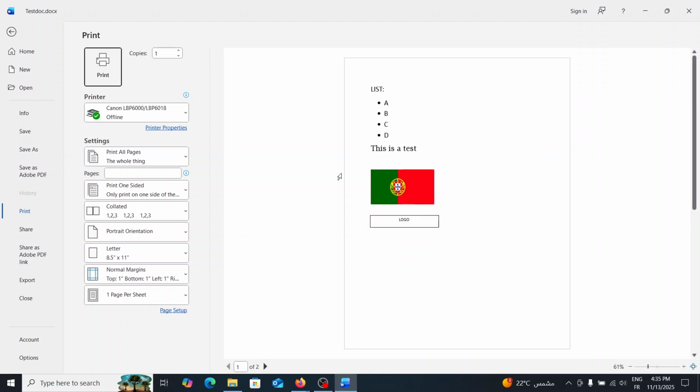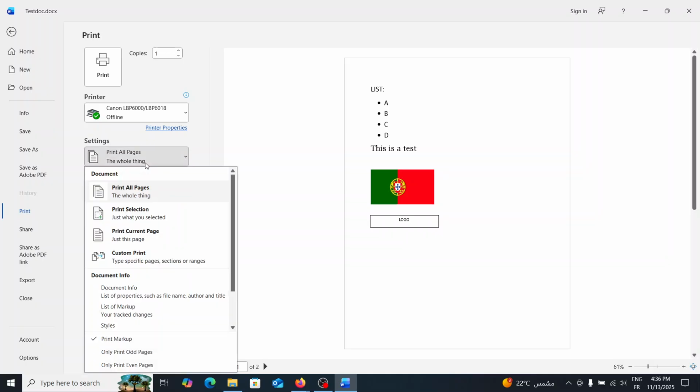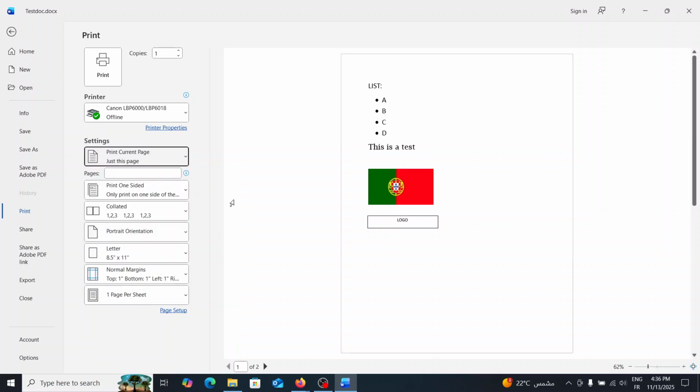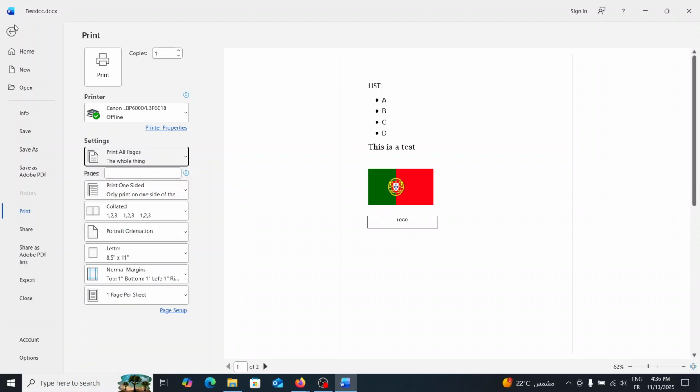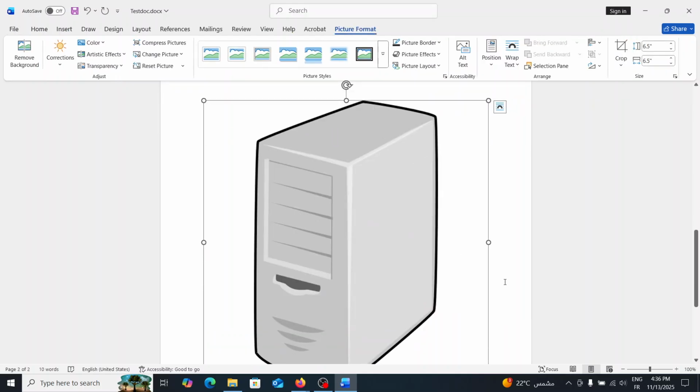Now, you can print the entire document, which is 2 pages, or you can select the first page just to print the first page, or print the second page, and we can, for example, print the current page. For example, if we are on the first page, it prints the first. If we are on the second, it prints the second, the third. Okay,